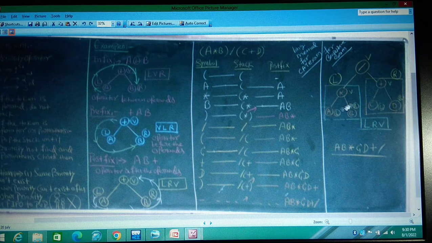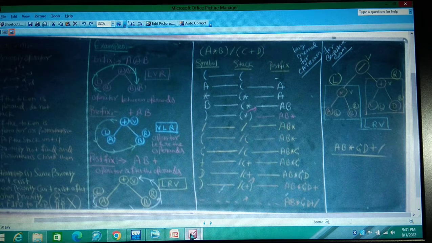So now left you have done. What is the definition of postfix, the algorithm of postfix? Left, right, digit. Left you have done. Now right. In your right again left, right, digit. So in your right tree, this is left, this is right, this is the tree vertex. So left means C D plus. C D plus. Now left done, right done. This is the vertex, meaning LRV again. L done, R done, and the vertex divide done. So you can see that with the help of the tree we can also write the postfix form.